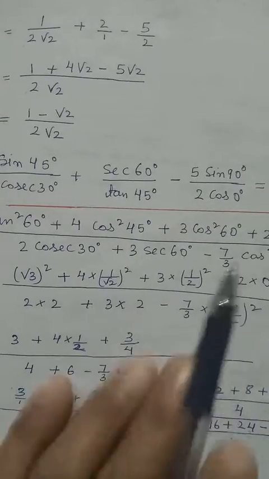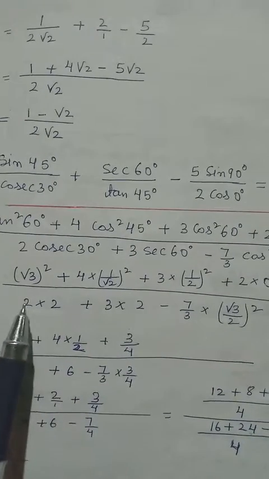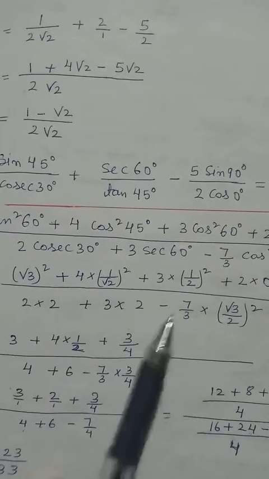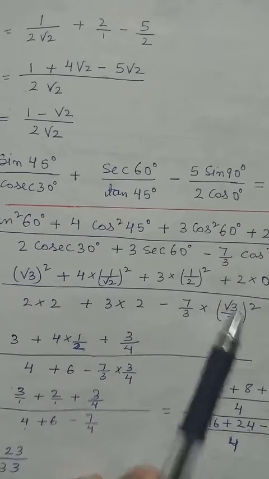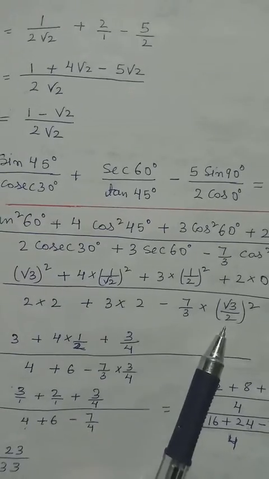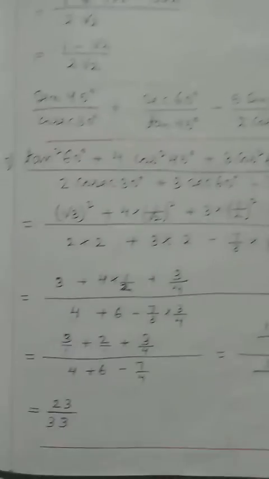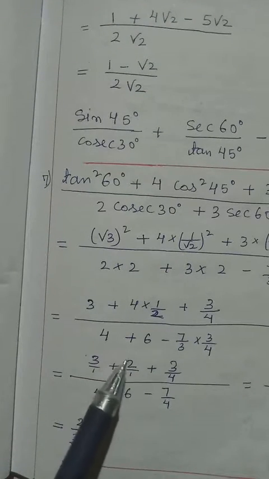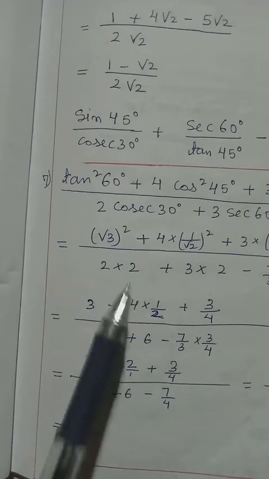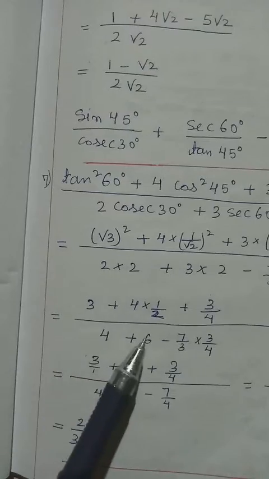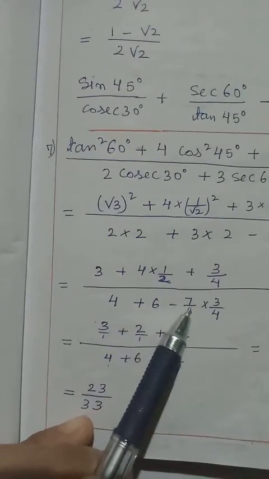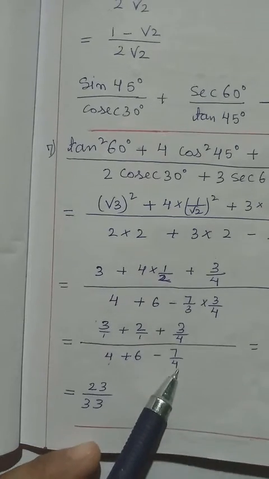2 into 0, it will become 0. So denominator 2 into 2, 4. 3 into 2, 6. Then 7 by 3 into root 3 into root 3, 3. 2 into 2, 4. So here we have multiply, we can divide, okay? 2 divide 4 will become 2. 3 by 4 we cannot divide, let it be. So 4 let it be, 6 let it be. Here we have multiply in between. So 3 we can cancel, it remains 7 by 4.